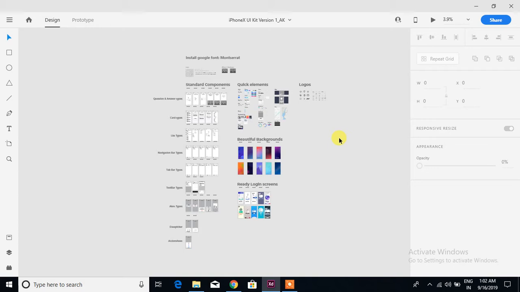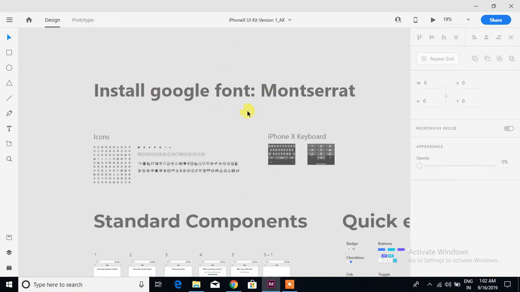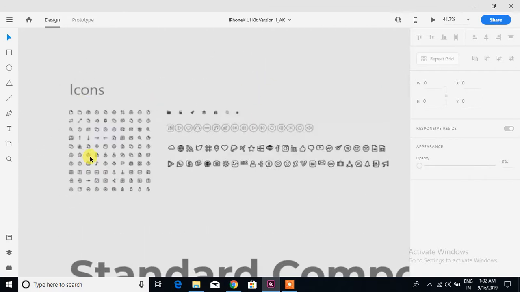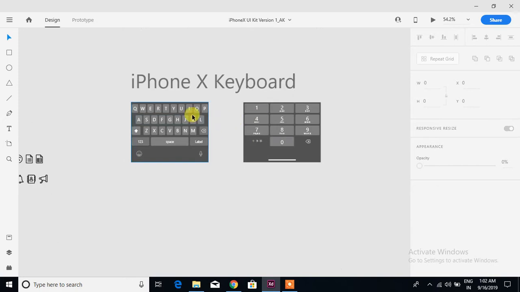Today I will show you about the iPhone X UI kit which I made for you. Let us start. First, you need to install a font, Montserrat, and here are some icons and a keyboard,